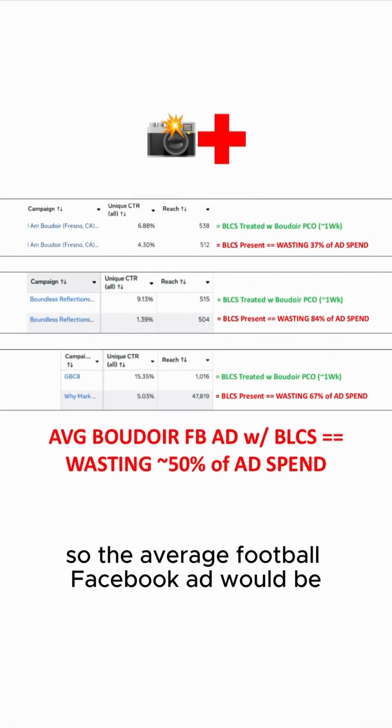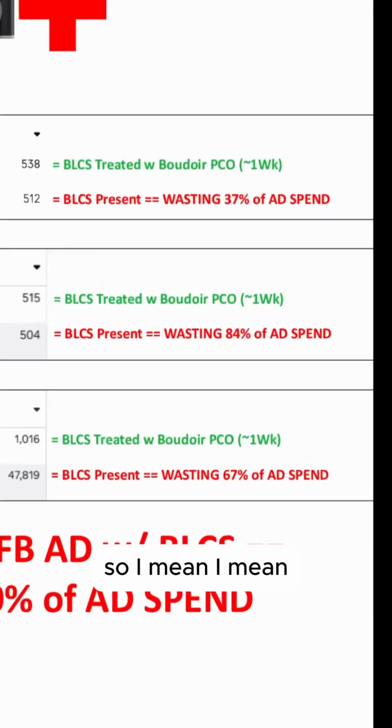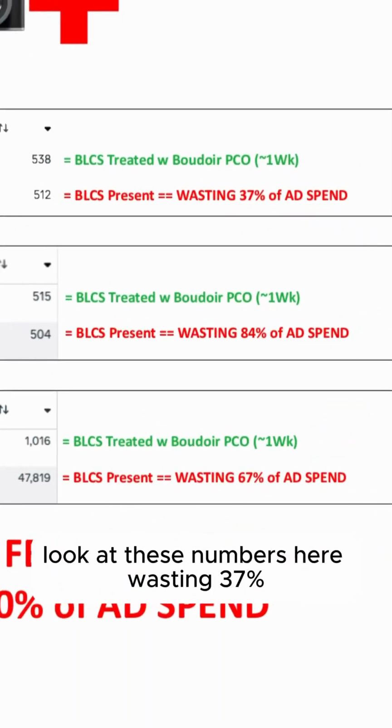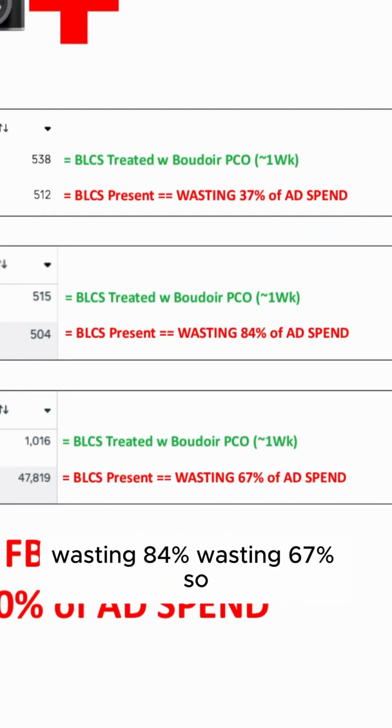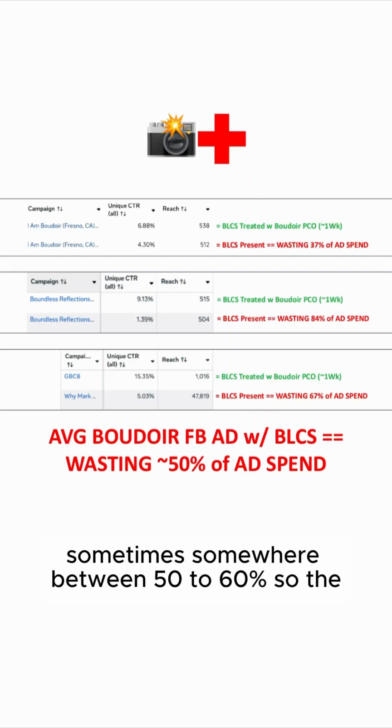So the average Boudoir Facebook ad with BLCS is wasting about 50% of its ad spend. So I mean, look at these numbers here: wasting 37%, wasting 84%, wasting 67%. So the average there is sometimes somewhere between 50 to 60%. So if